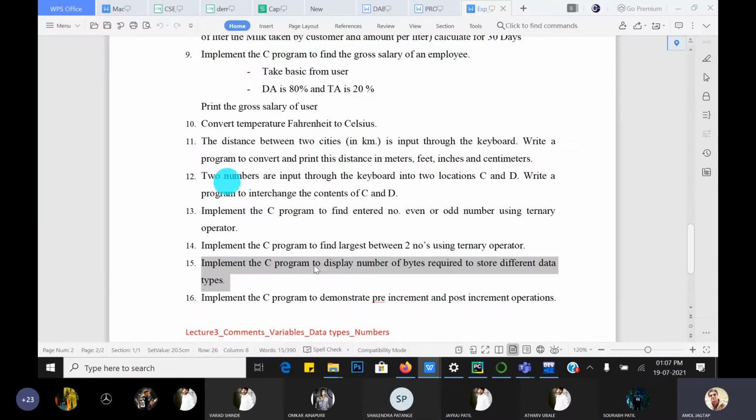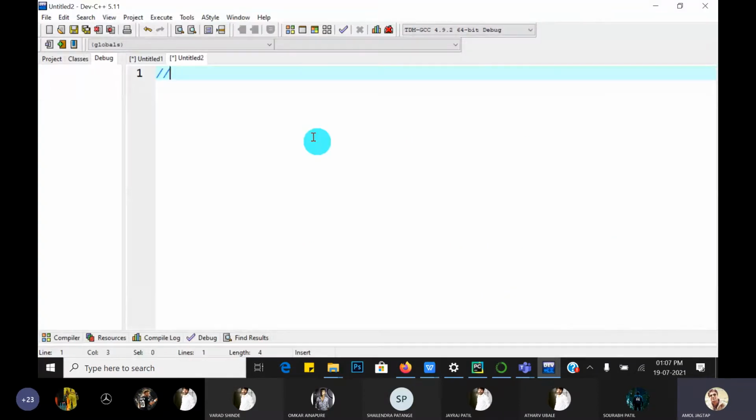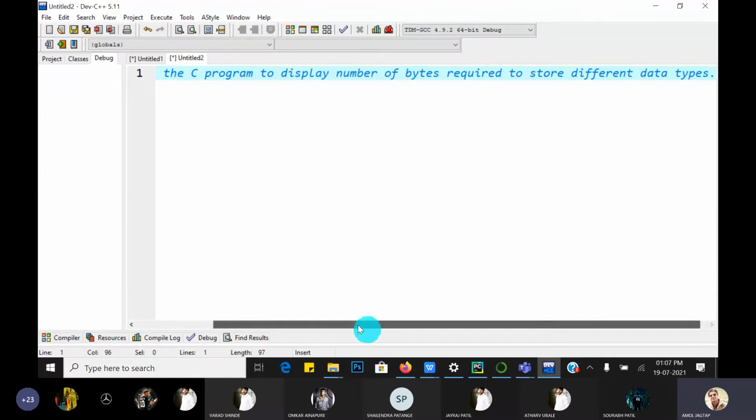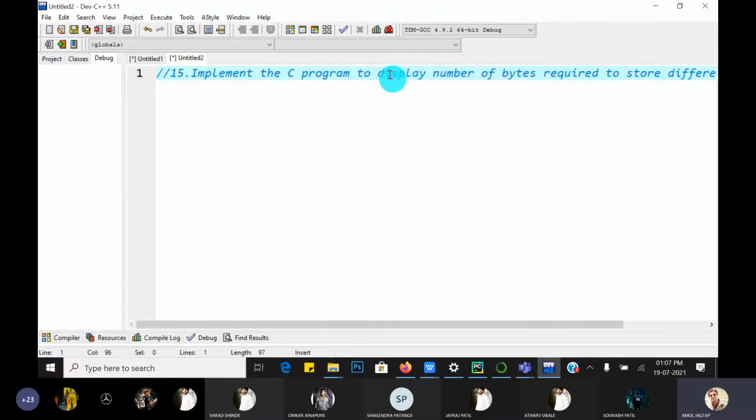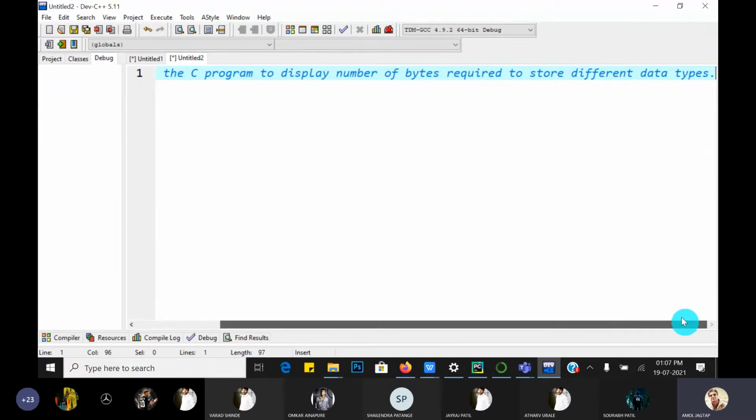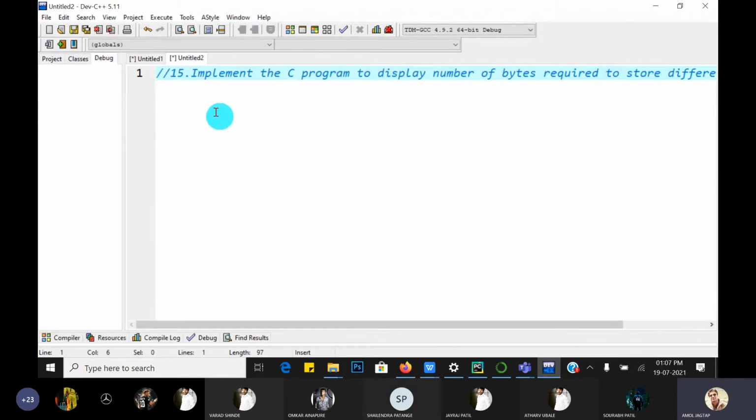What is our problem statement? Just copy this problem statement. So this is the problem statement: implement the C program to display the number of bytes required to store different data types. Great.